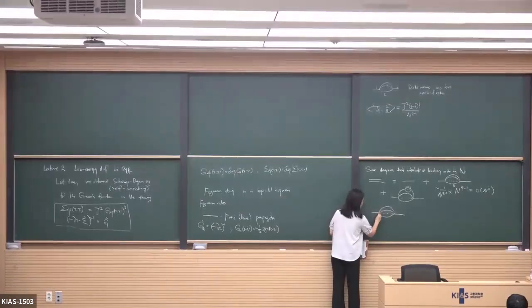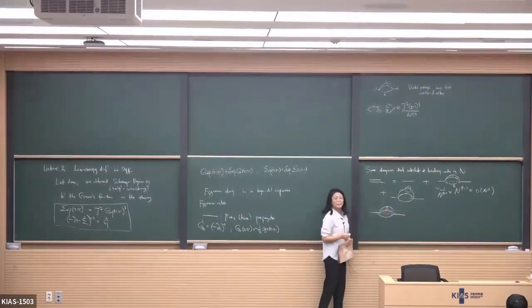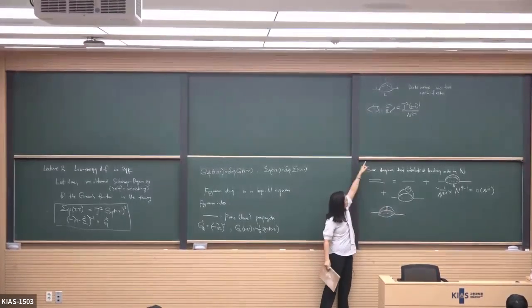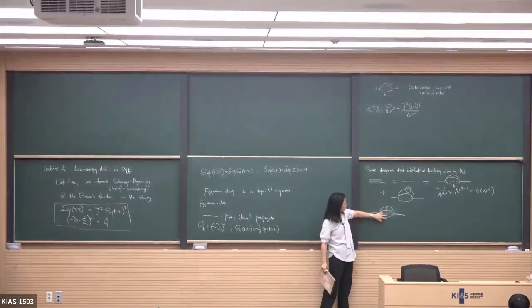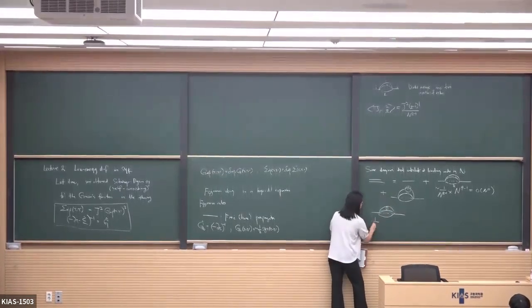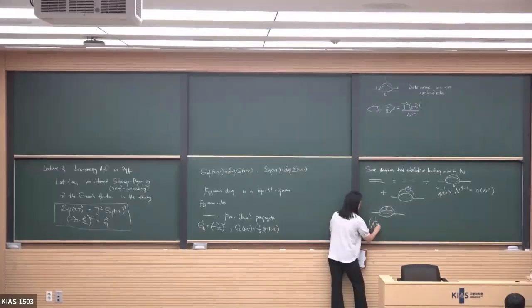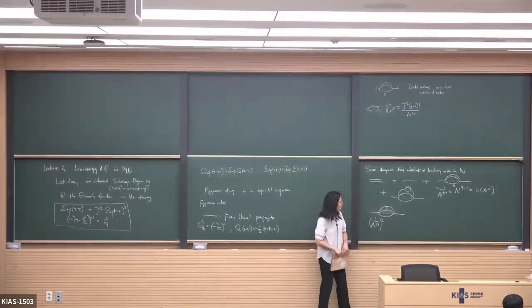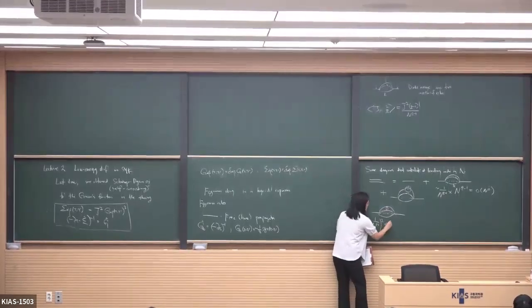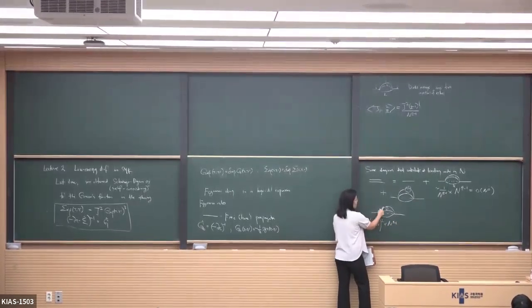And then we try to insert an interaction vertex in this way, and if I count the factors of n, I have n, 1 over n to the q minus 1 squared. But how many internal propagators are we summing over? We have n to the q minus 1, because there are three